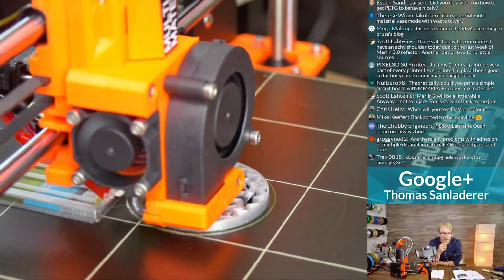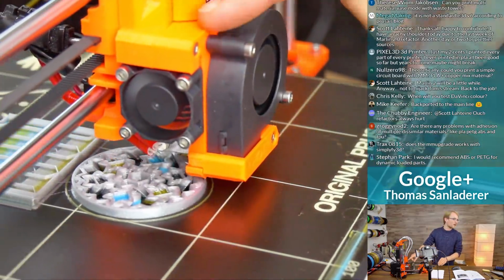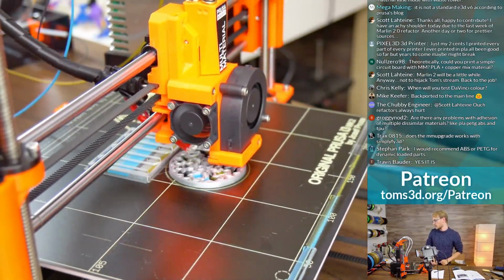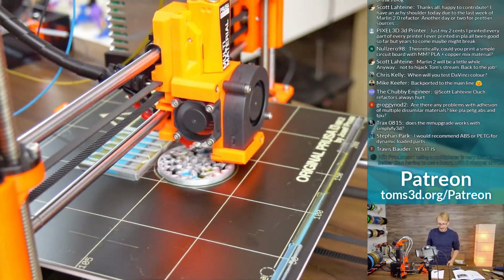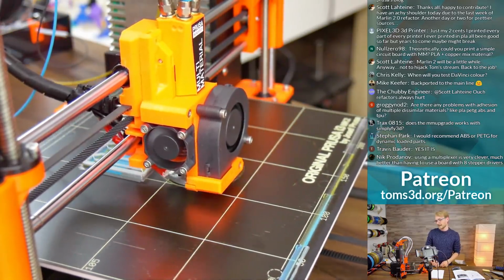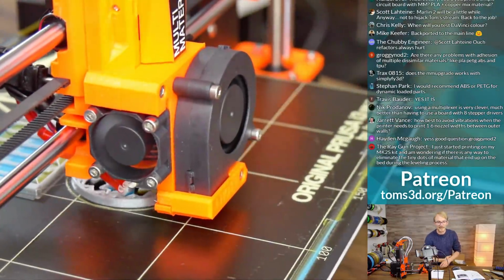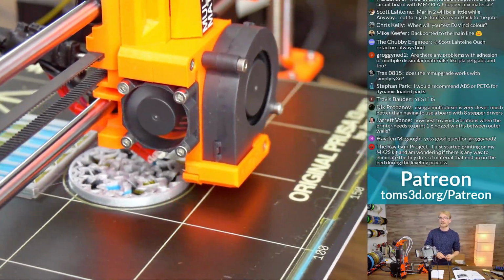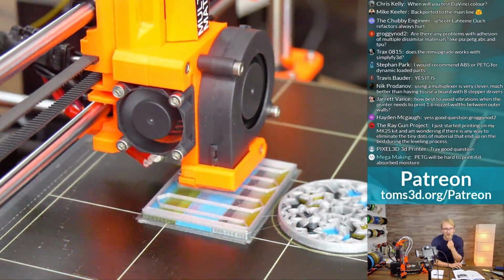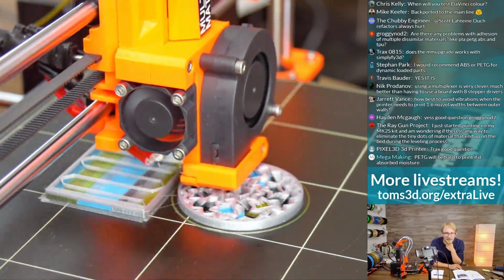Could you print a simple circuit board with the multi-material PLA plus a copper mix? The thing is, anything that you can extrude through this hot end is not going to be conductive enough to make a real circuit board. Yes, it might be able to light up a few LEDs, but it's not going to be able to do any real power delivery, any real circuitry. Yes, theoretically you could, but not a great idea. There are better ways to make circuit boards, like actually getting circuit boards made. That would be the preferable solution, and it's cheaper and better in every way. Might not be as fast, but